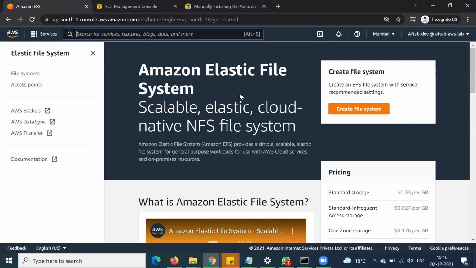In our series today, we are just doing a hands-on lab. I will be showing you how to create an Elastic File System and how we can mount this EFS to our different servers in different availability zones, so that if any user wants to get the files from another location, from another availability zone, they will be able to access the same file. So friends, let's create this file system.